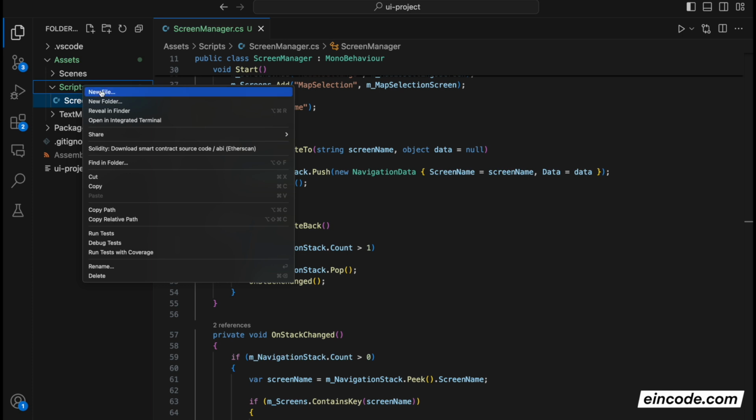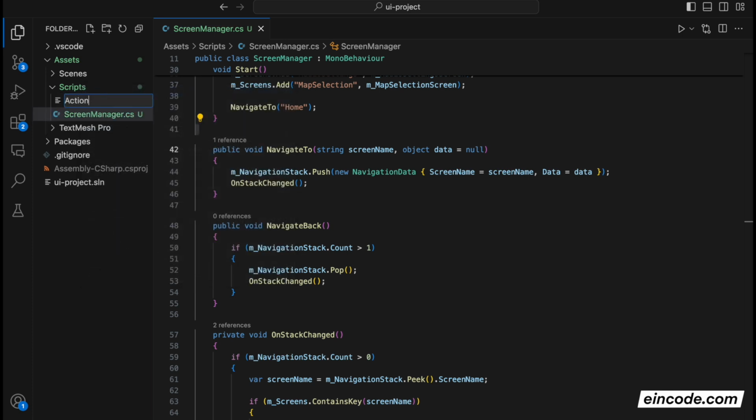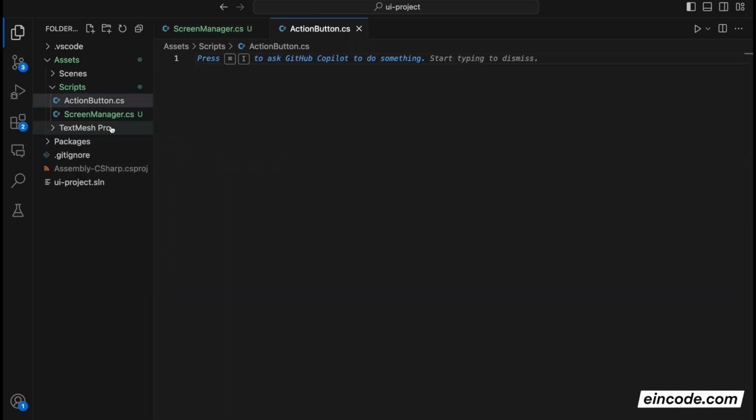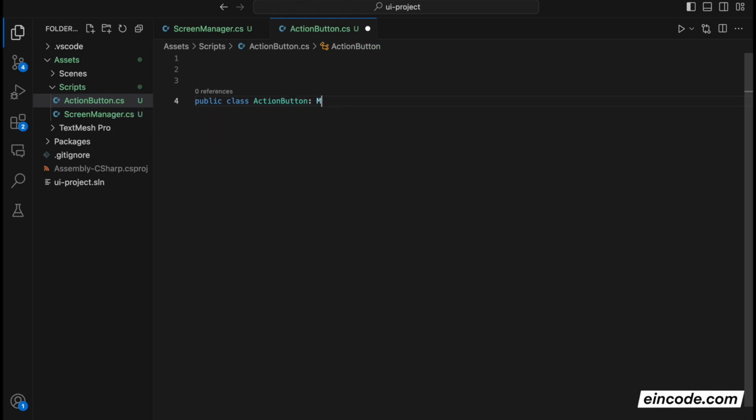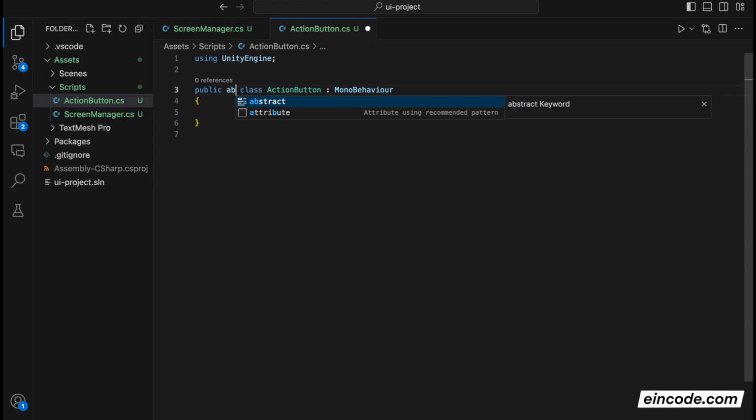So I will create a new script, new file. I will call it action button.cs. And here I'll create action button, so we need to write it completely. So public class ActionButton will extend MonoBehaviour. I'm not getting autocomplete here, and we need to write using UnityEngine. Sometimes I'm not getting autocomplete, so I need to just close it and get back into it, and this will get the latest changes. And this will be just an abstract class,